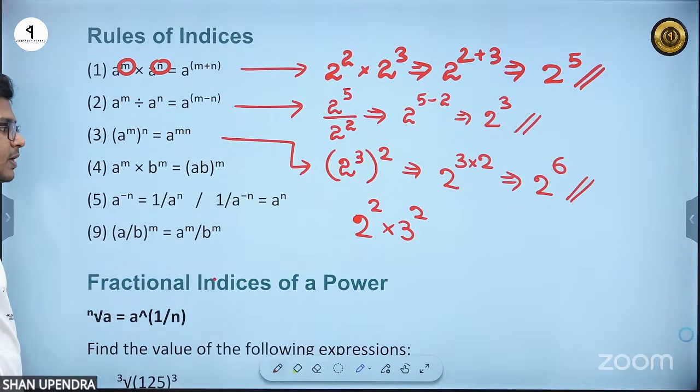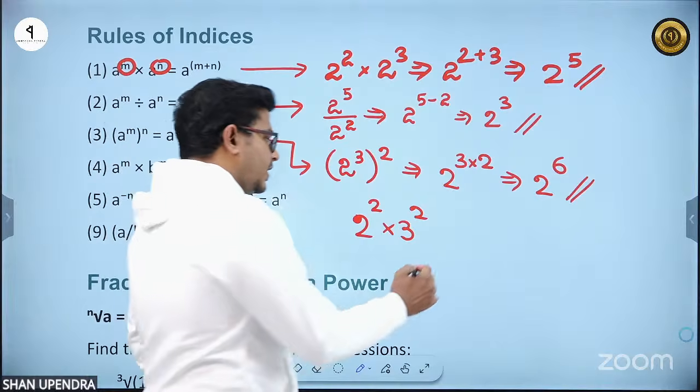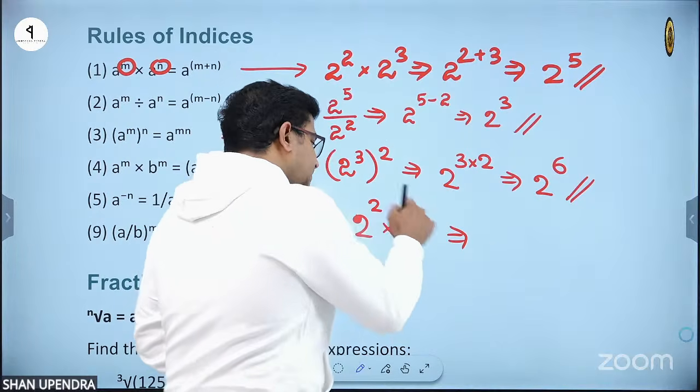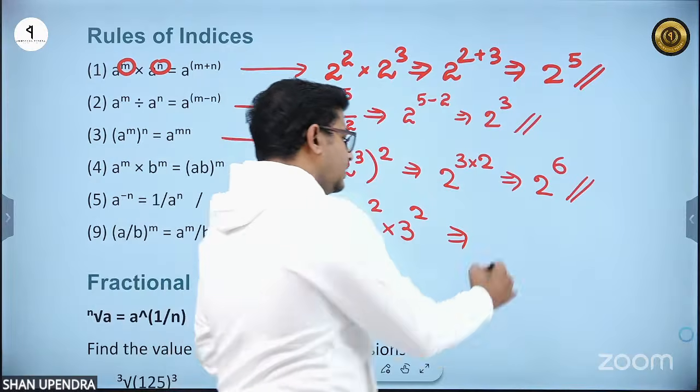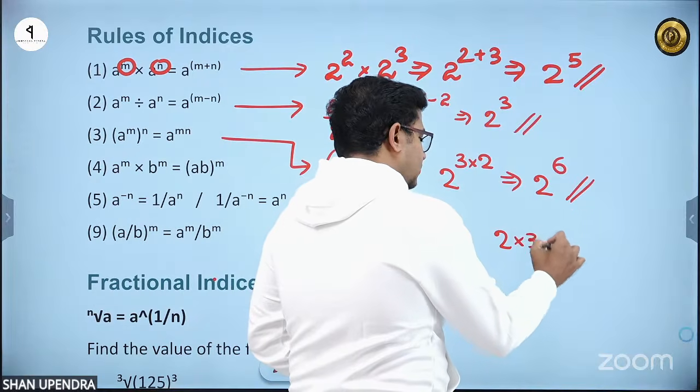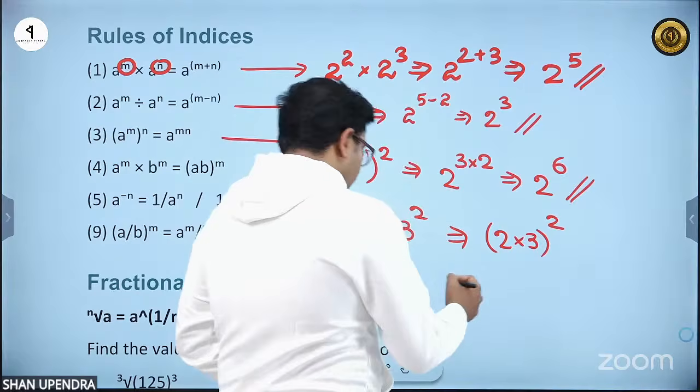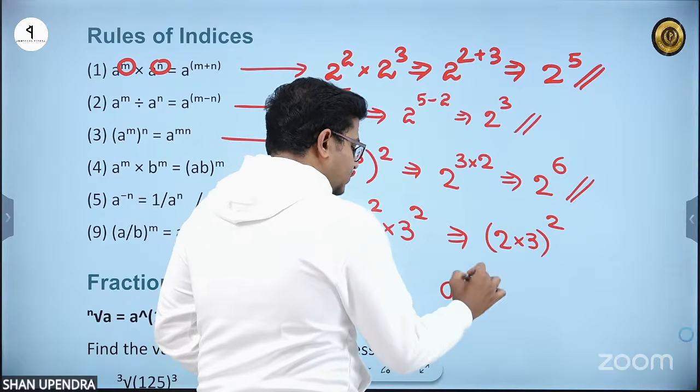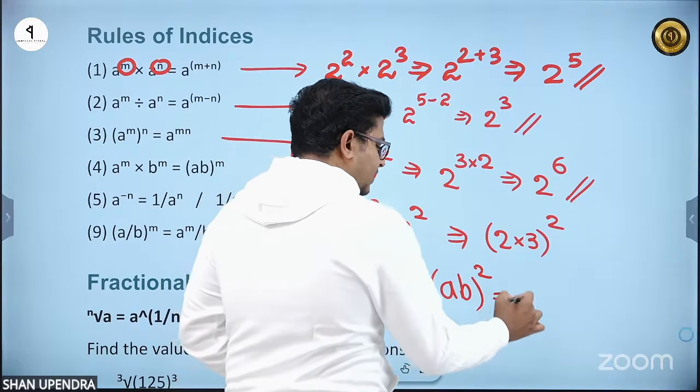Okay, so if it is like this, what we can do, we can take that index number out. You can write 2 to the power 3 into 2. Simply you can take ab squared, then you can represent this as a squared b